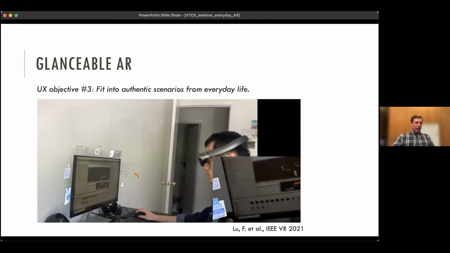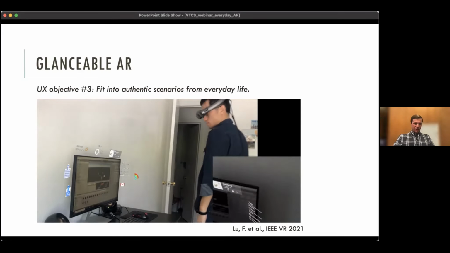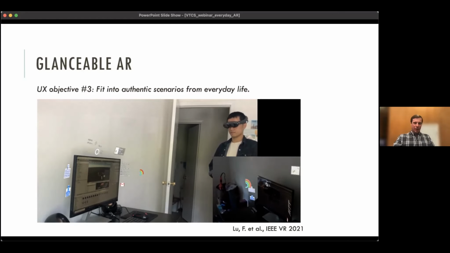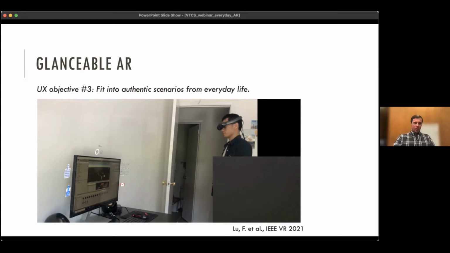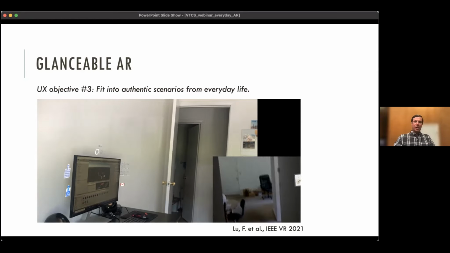So here's a couple of things that we've done to address that. This is similar to the previous prototype that you saw. This is a video that we put together of different scenarios. So the first scenario is like a desktop computing scenario where the apps are docked to the monitor again.